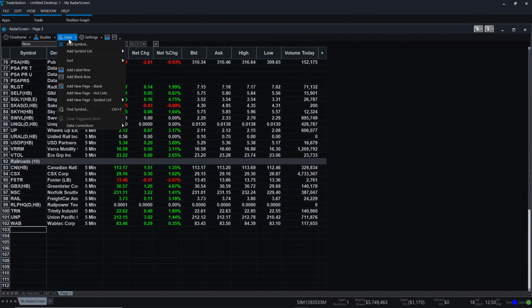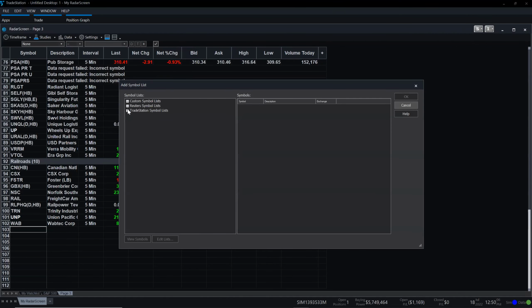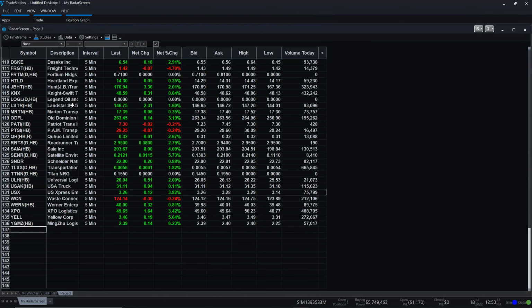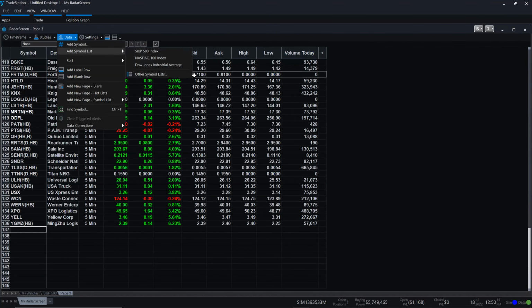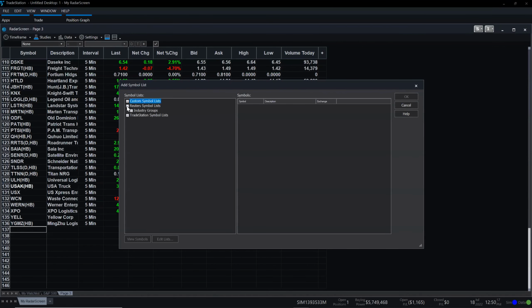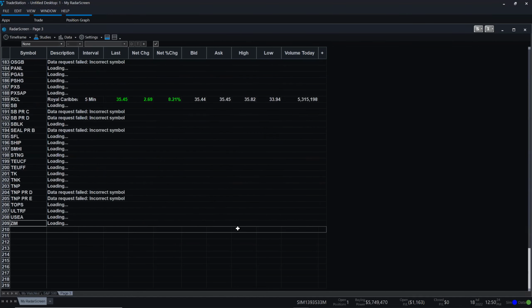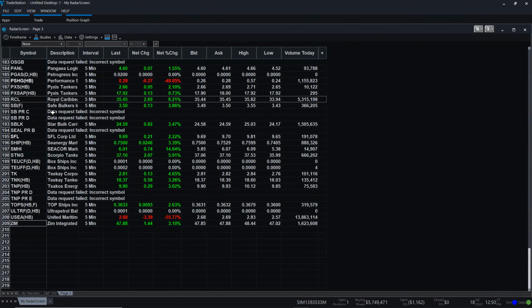One more or two more, data, add symbol list, other symbol lists, Reuters, industry groups, transportation, trucking, and then I come over here and I add the other one, data, symbol list, other symbol lists, Reuters, industry groups, and open up transportation, and I'm going to add water transportation. In total, without removing the ones that say incorrect symbol, about 200 symbols